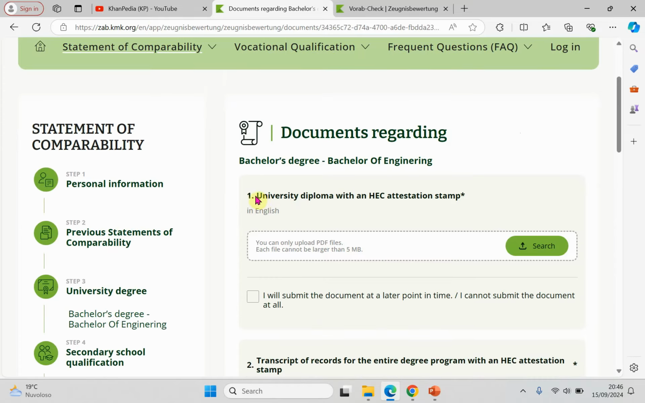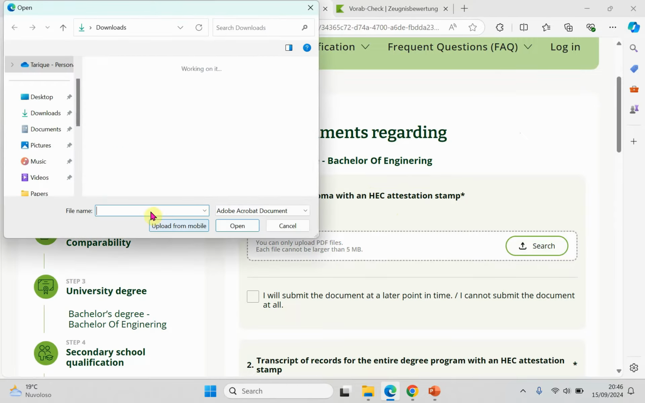Here you have to upload your university diploma with higher education certificate attestation. So when you verify your degree from your hometown, they will attest it with the Higher Education Commission. So you have to upload your degree. You have to upload your degree with HEC attestation simply,